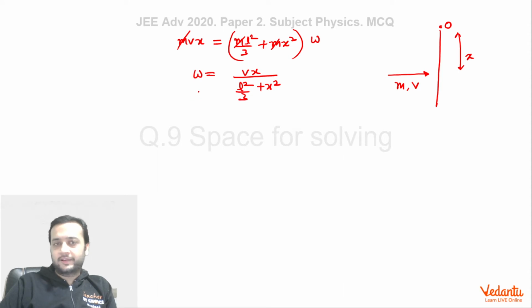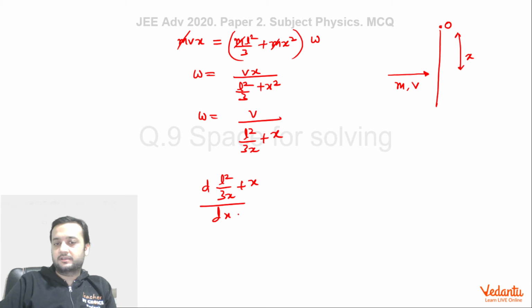Now one way to find the value of x such that omega becomes maximum is simply we can differentiate this, d omega by dx, and apply the division rule of differentiation, and we can solve this. But if we are slightly careful, then we can minimize our calculation like anything. We can divide this whole by x, so this will become L square by 3x plus x. Now if we want omega to be maximum, then this needs to be minimum. This is a constant value, so instead of differentiating the whole function, if you just look at the denominator, so this is L square by 3x plus x, and if you differentiate this, so what do you get?